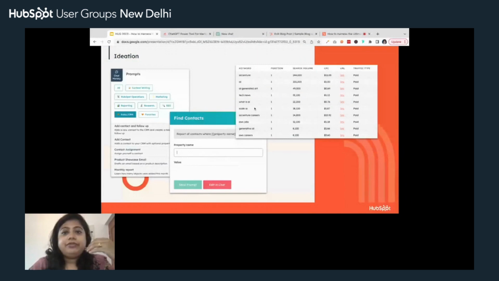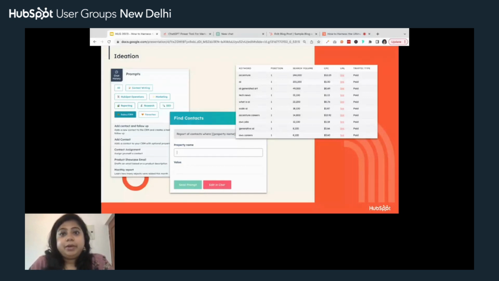So let's say for a competitor, for Accenture, I looked at what are the keywords that they run ads on. So currently Accenture is running ads on these particular keywords. So if I ask certain questions, let's say I have a campaign idea and I want to validate some stuff to be able to understand whether that campaign will work or not, or what I can do with it, I can simply ask ChatSpot and it will look at my HubSpot data, it will look at some outside data and get me those results.